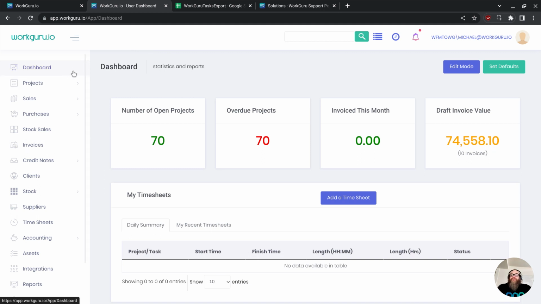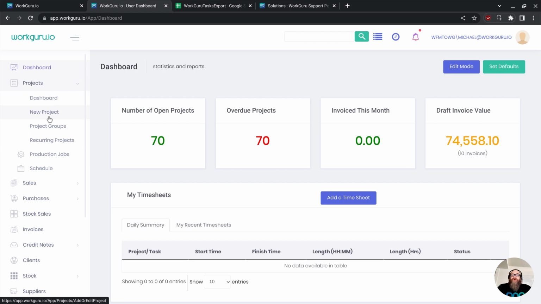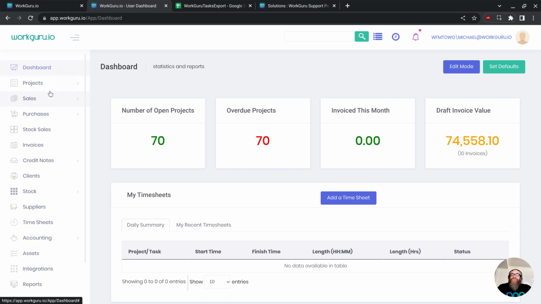Once you're happy with all the data that's come across from WorkflowMax itself, the next step in the process is actually running some training or initiating some change management with the team. As you're bringing across your WorkflowMax specific information, it's assumed that your workflows won't change that much between how you would do stuff in WorkflowMax versus WorkGuru. We have the similar workflow where we go from lead to quote to project, and then the project obviously manages your purchasing and invoicing as required. There shouldn't be too much of a switchover or learning curve for your team,